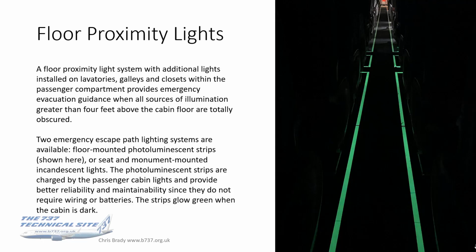2 emergency escape path lighting systems are available. You've got the floor mounted photoluminescent strips, which are shown in this photo, or you've got the seat and monument mounted incandescent lights, which are the old system, where you've got lights similar to those ones on the bullnose. Now the photoluminescent strips are charged by passenger cabin lights, and they provide better reliability and maintainability because they don't require wiring or batteries. They are simply just strips